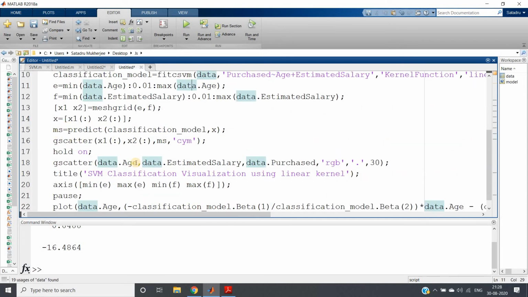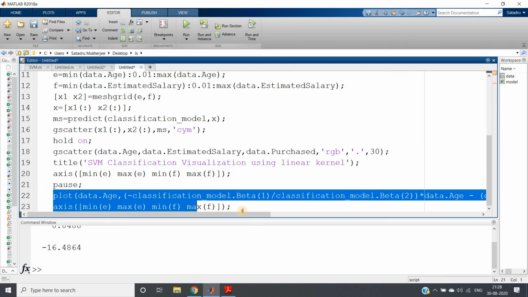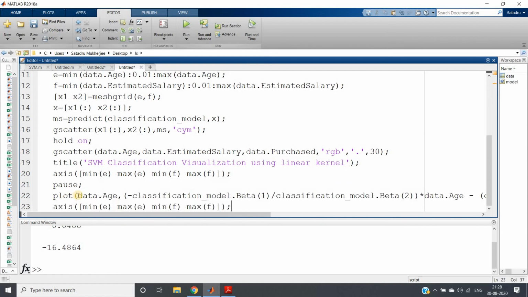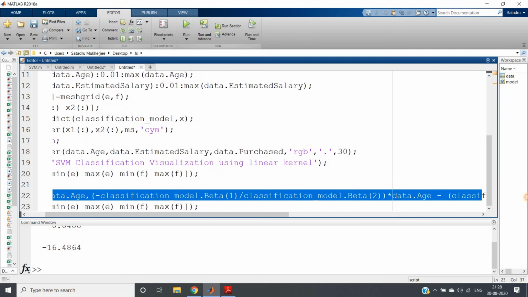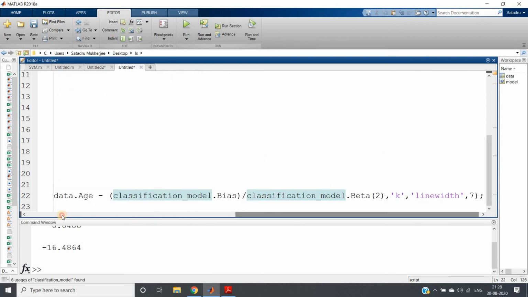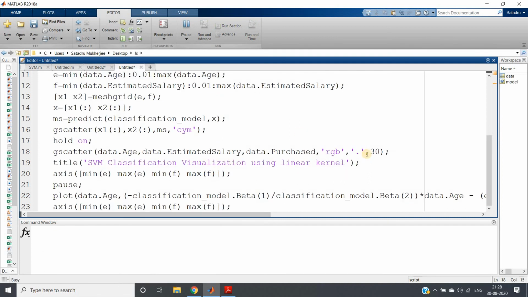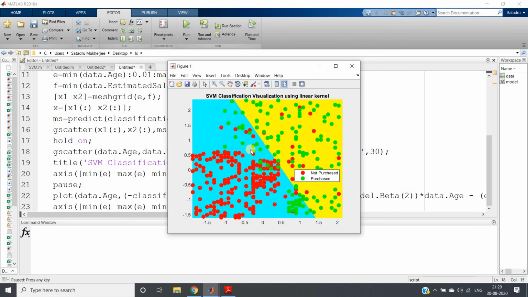Up to this it is the same as earlier; what I have added here is an extra pause. These two lines will be executed only if I press any key on the keyboard. I am basically plotting the decision boundary; this extra line I need to write. Again, this code will also be posted in the description box. Let me run this whole code again and show you the decision boundary for this dataset.